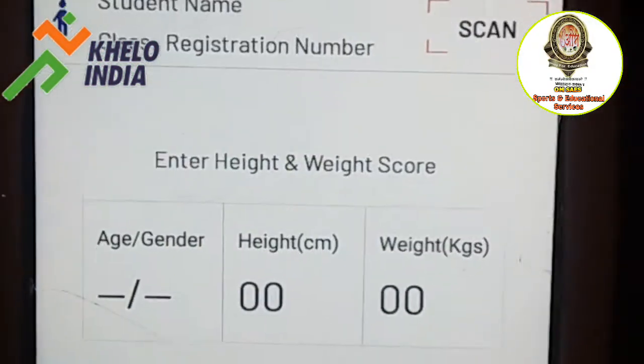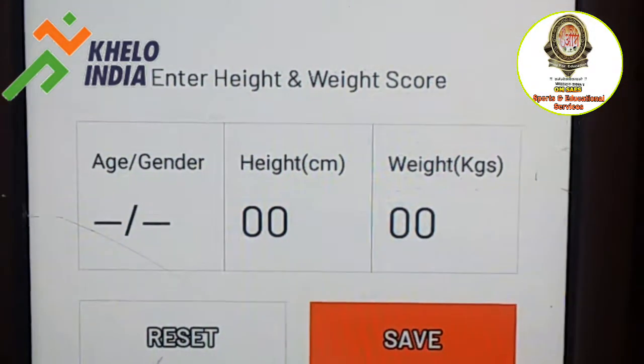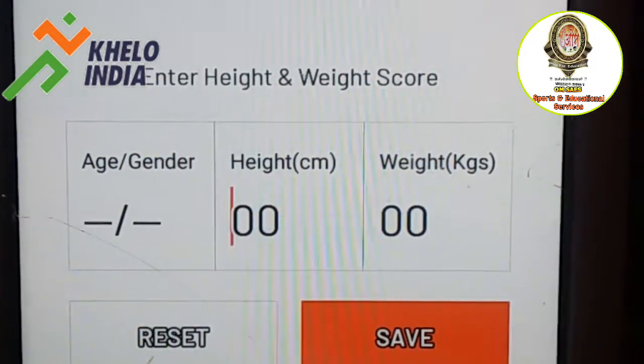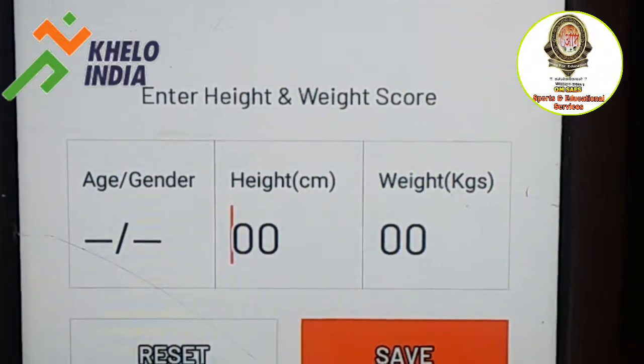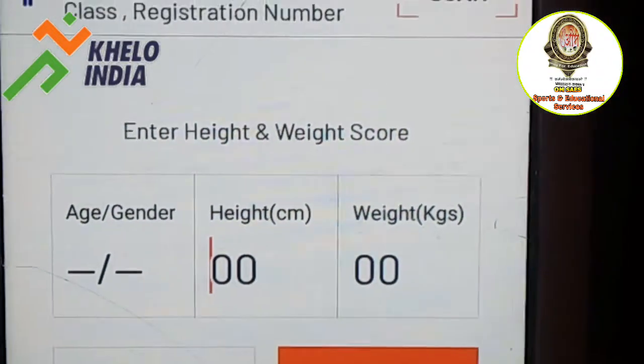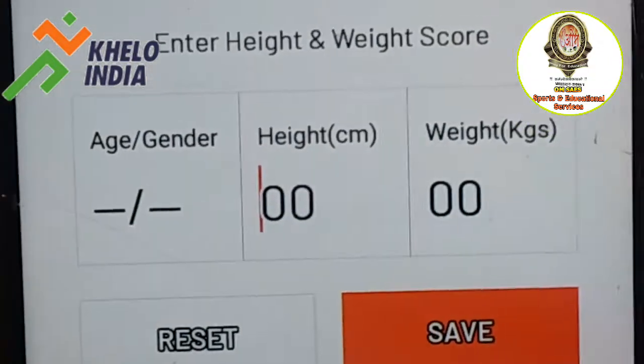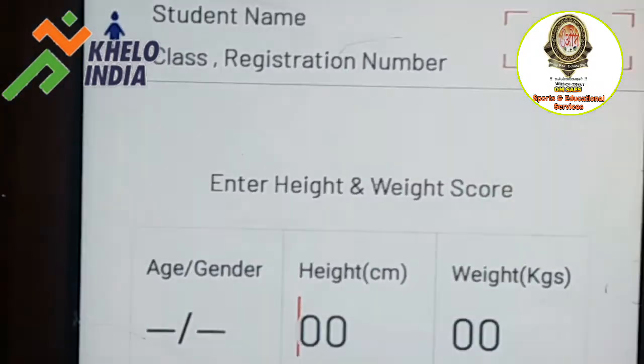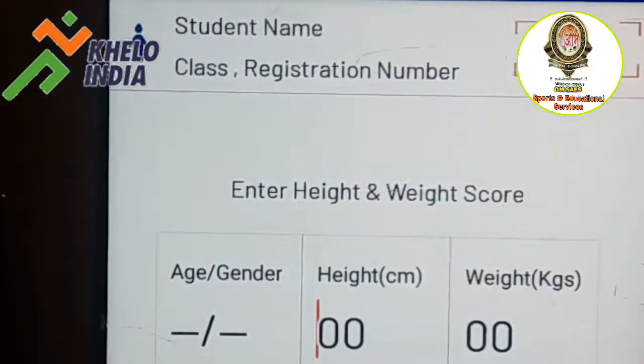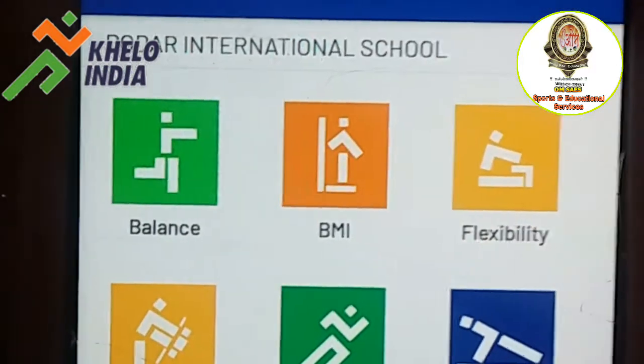For the BMI, the sports teacher only needs to take the students' height and weight, and you have to save the data. Automatically you will get the BMI on the report card. Now next,